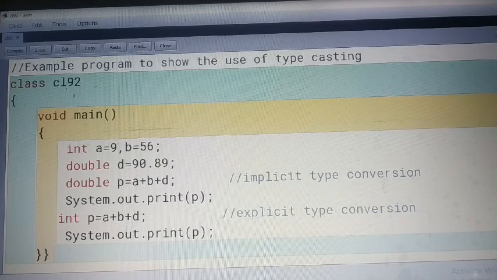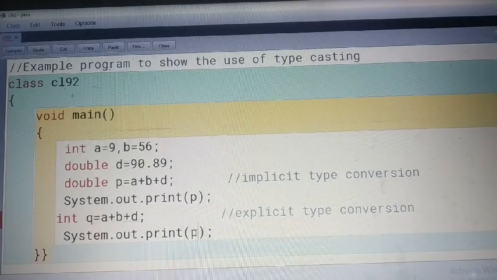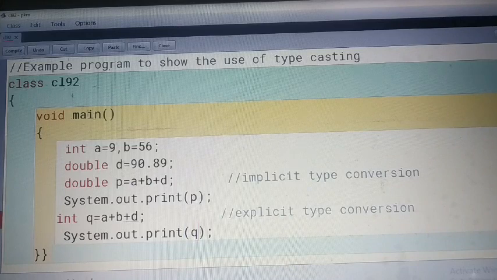I change the variable name so that it will not be confusing for the system. So one error is coming. See this line, this is indicating the error is in this line. And what error is there? Double value cannot be given to the integer type.